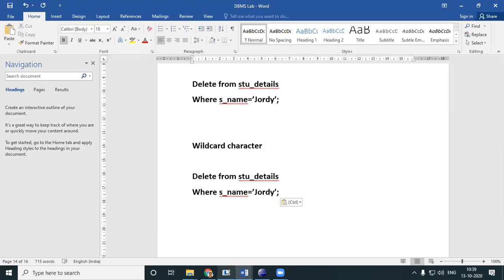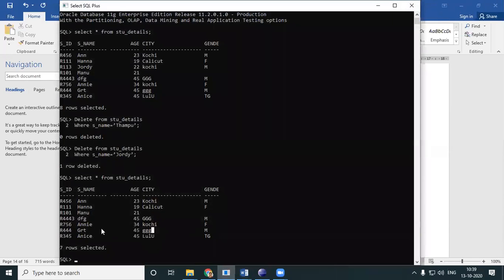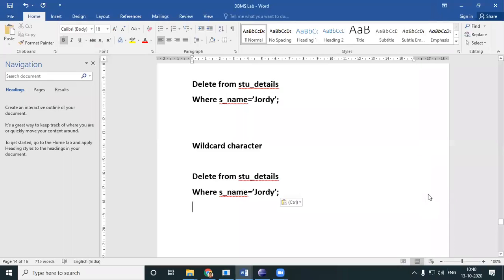Now what I'm planning to do is, I do have 2 or 3 records starting with A. What I want is all these records starting with A to be deleted. So I don't give S name is equal to Jordi.